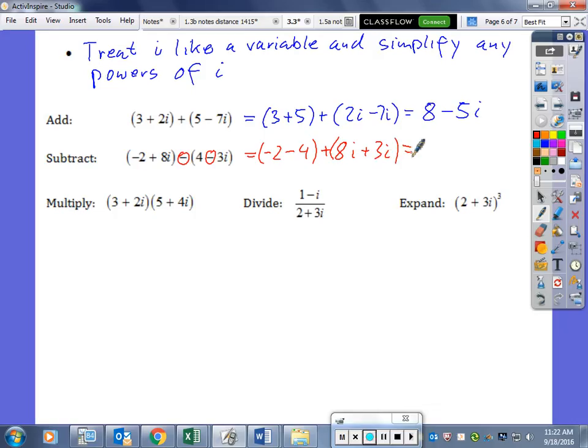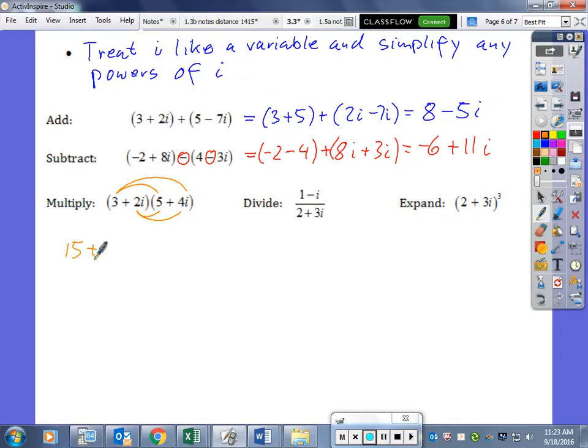So we end up with negative 6 plus 11i. So when we multiply, we essentially do the same thing as FOILing two binomials. We multiply the first terms, the outer terms, the inner terms, and the last terms to get